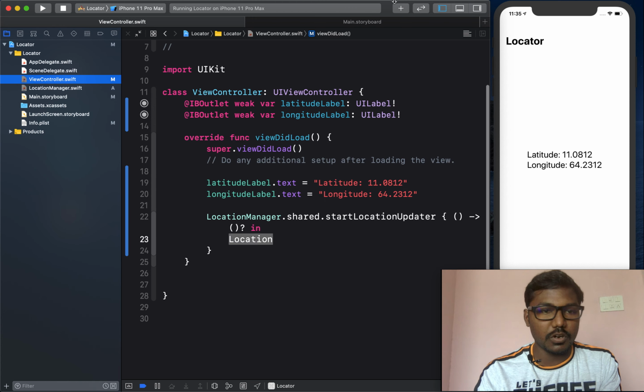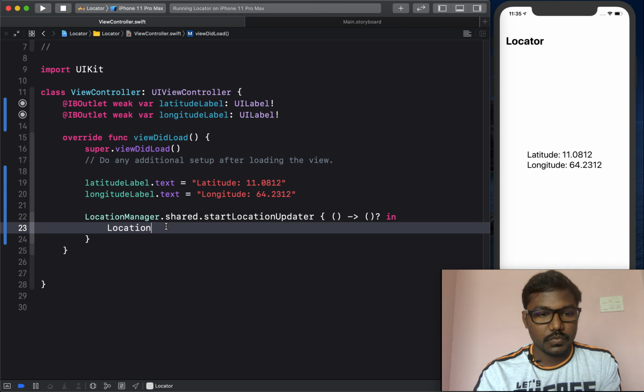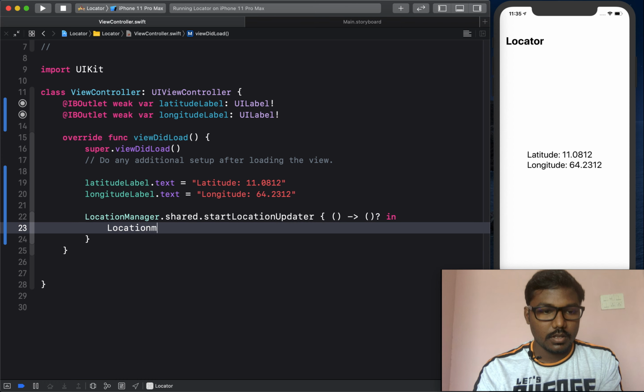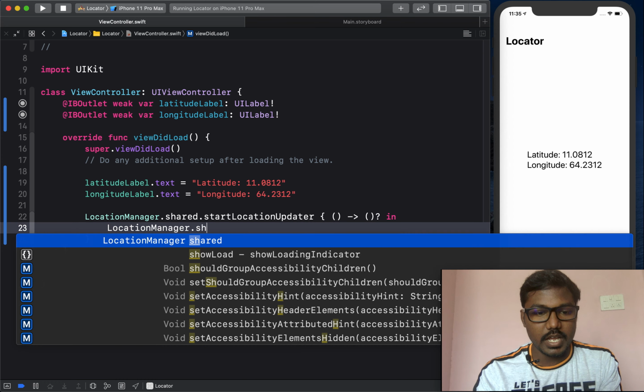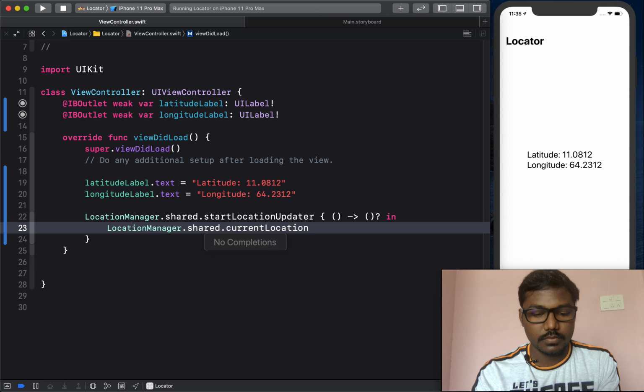Again I am going to the view controller and getting my current location by shared.currentLocation. Likewise I have created it.